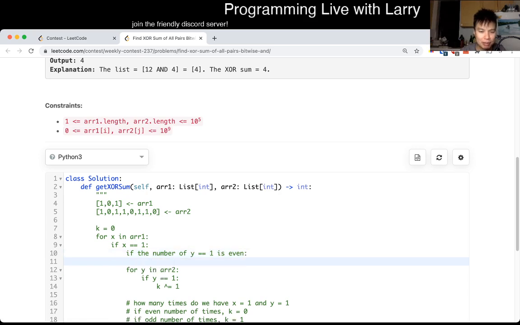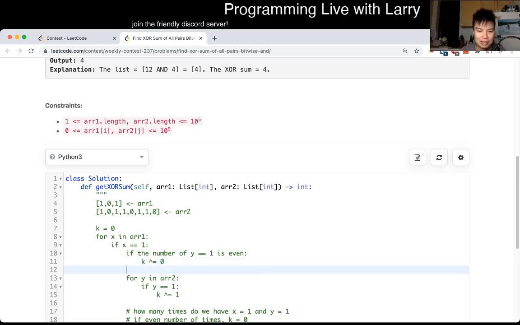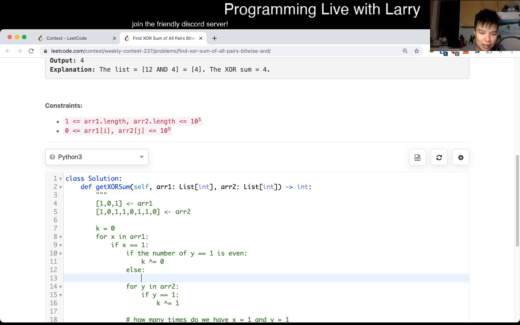If the number of y plus 1 is even, that means you flip it an even number of times. So then k is equal, nothing changes, right? So k, you flip it to 0, and else, you flip it from 0, because y equals 1 is odd, you flip it to the other value, right? So that's basically the idea